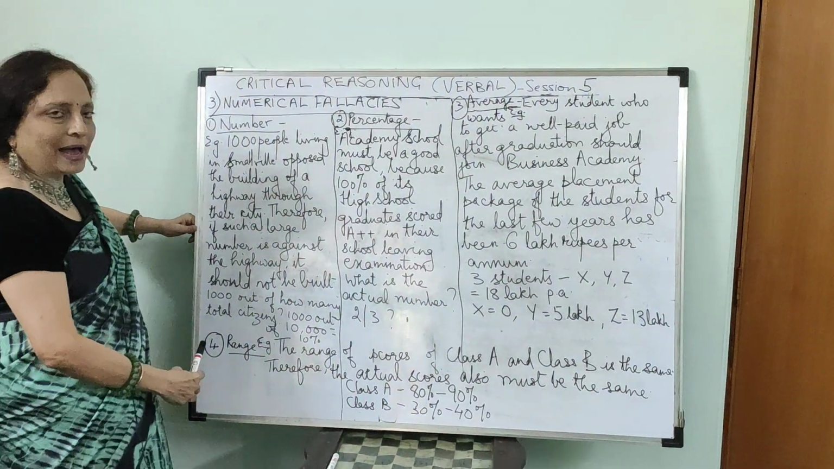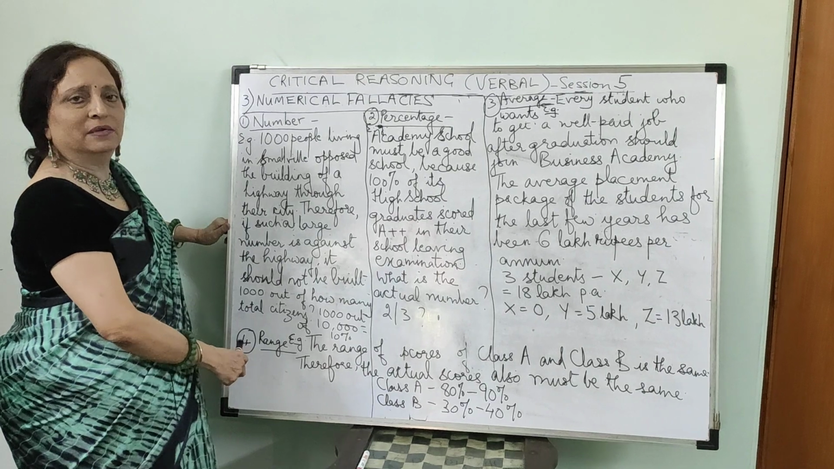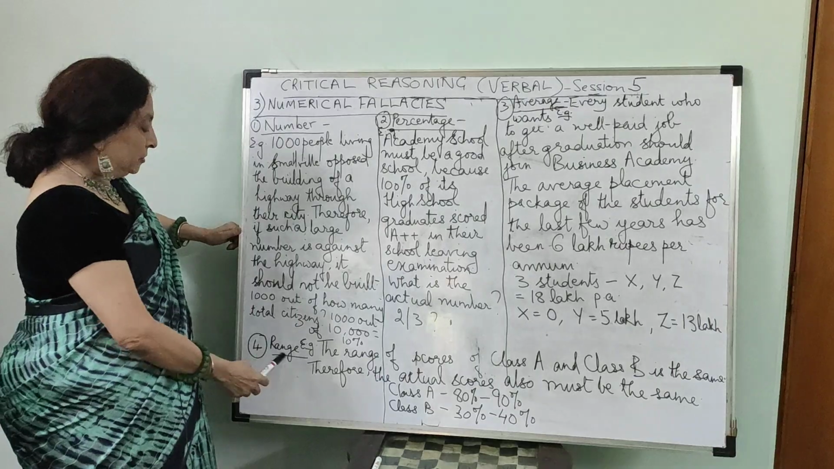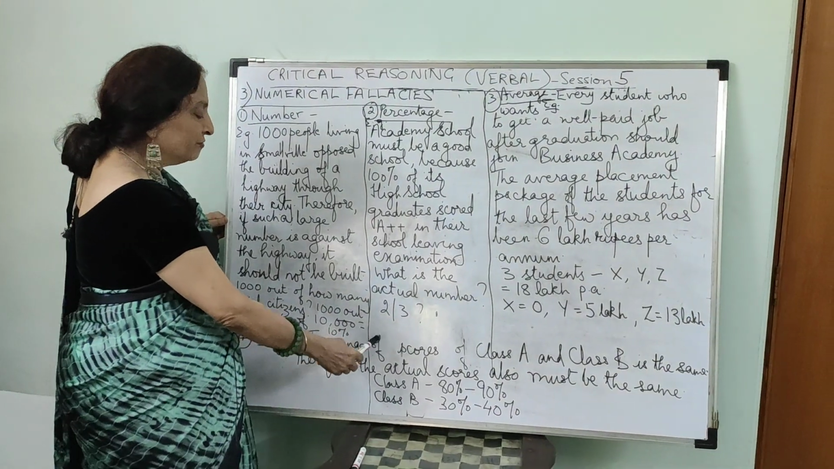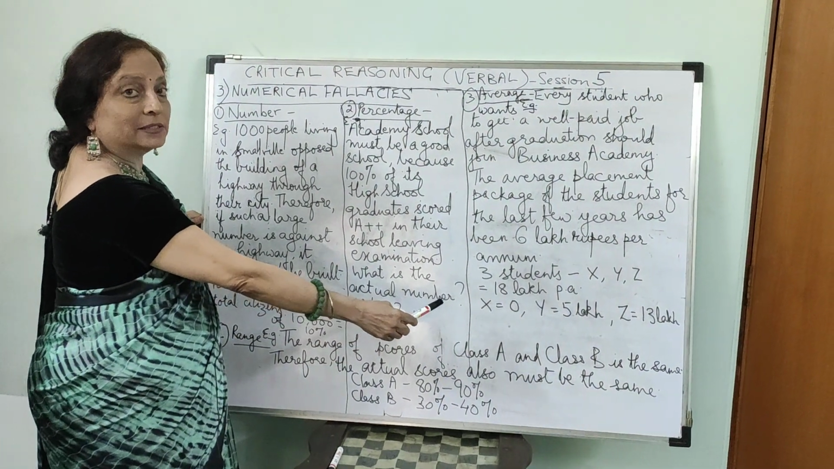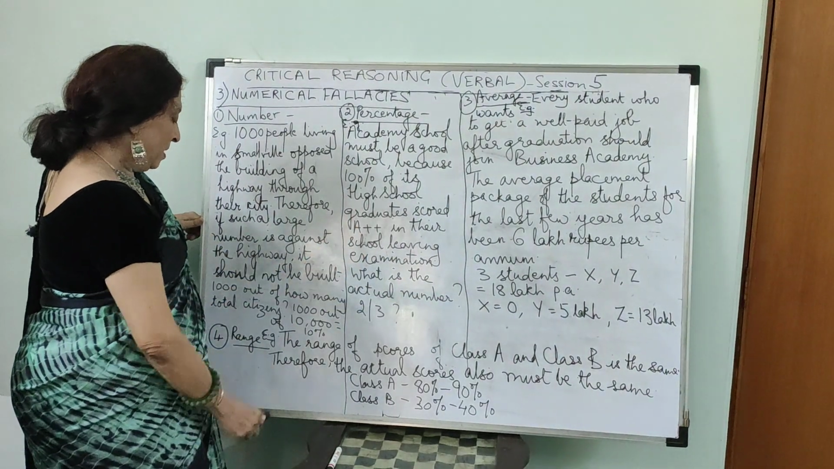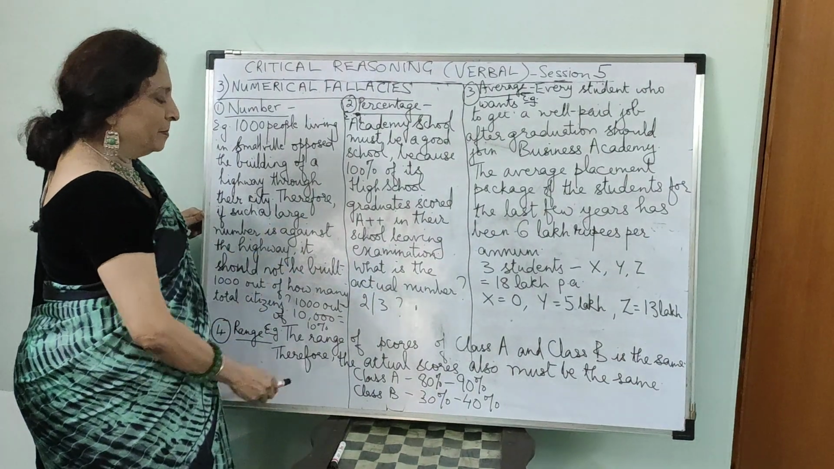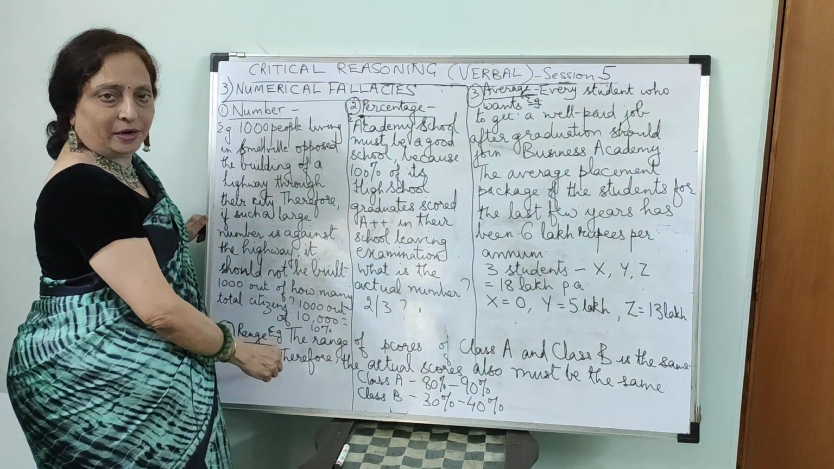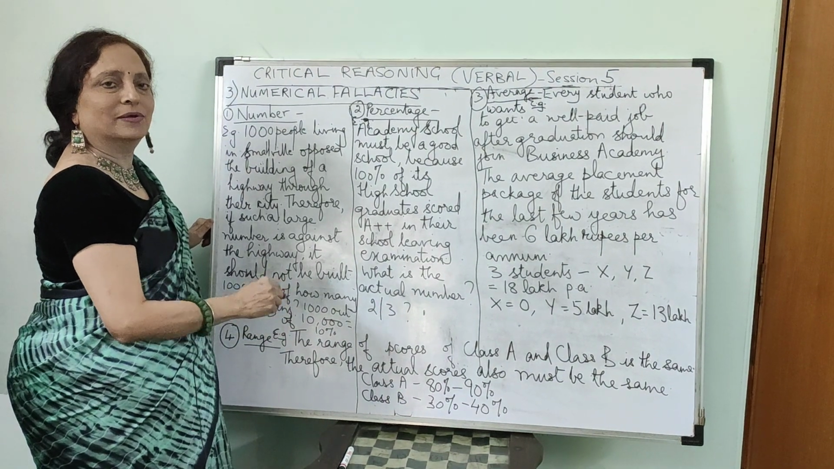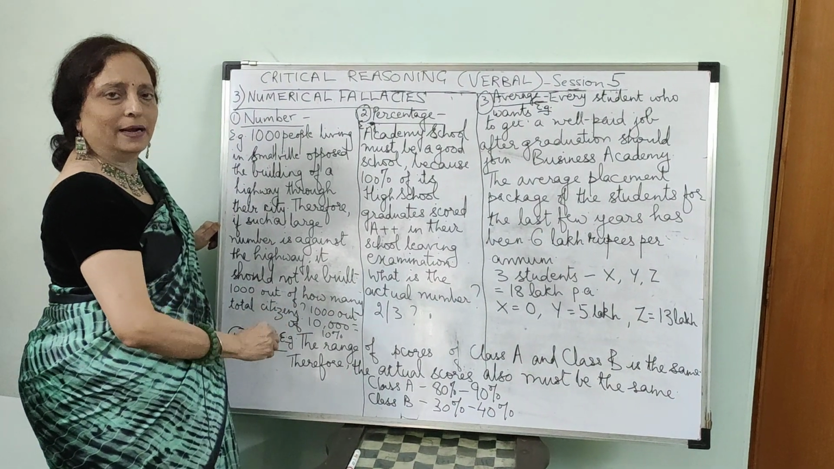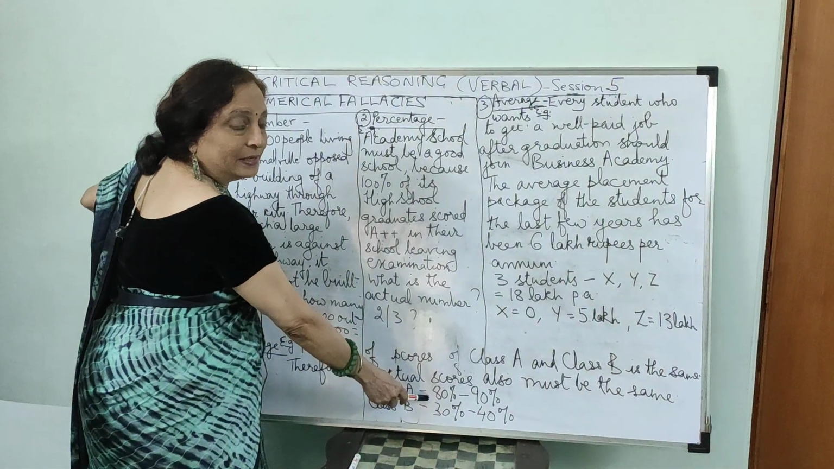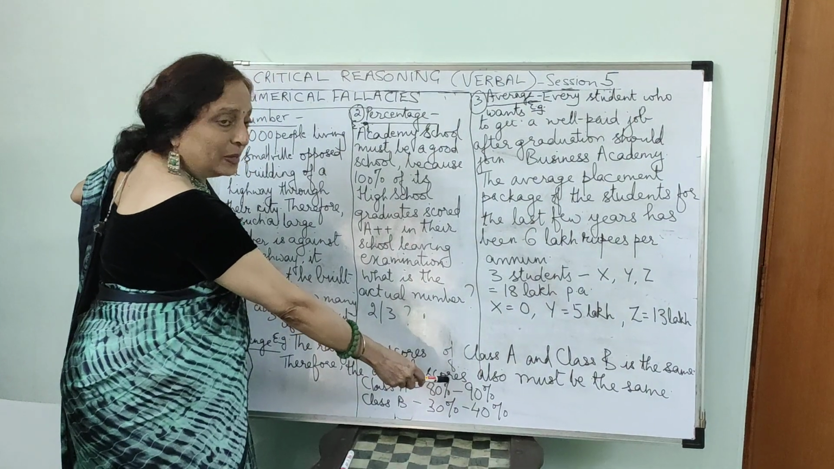And lastly, we have range. Range means the difference between the lowest and the highest of any particular number. So if I say, for example, the range of scores of class A and class B is the same. Therefore, the actual scores also must be the same. But here it is important to first find out at what percentage the range starts for class A and for class B. Suppose the range for class A starts at 80% and then 10% is the range, so it will